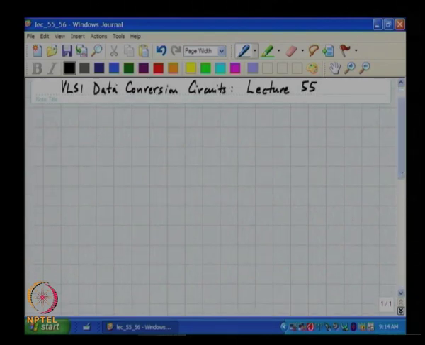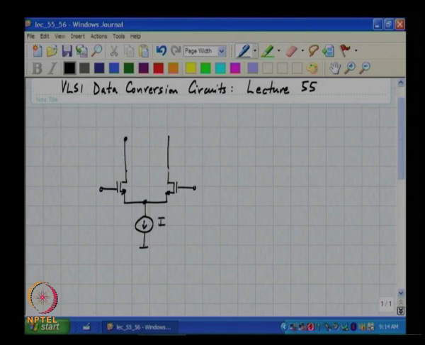So, as we were discussing the last time around, the basic idea behind a current steering DAC is to have a tail current source of a differential pair being driven by complementary signals, and if D is a logical high, D bar is a logical low, in which case this current gets steered towards the left and vice versa. Okay. So, if this is VOM and this is VOP,